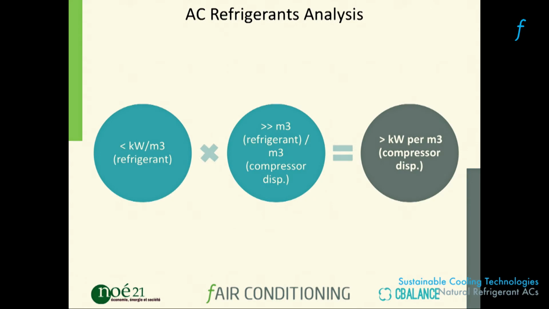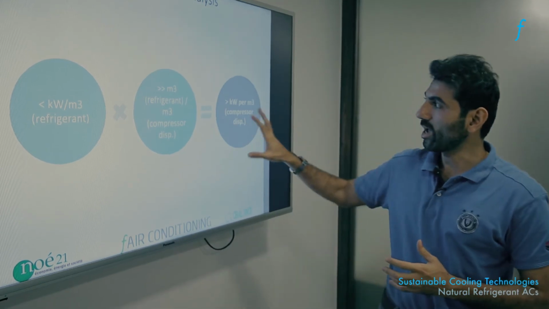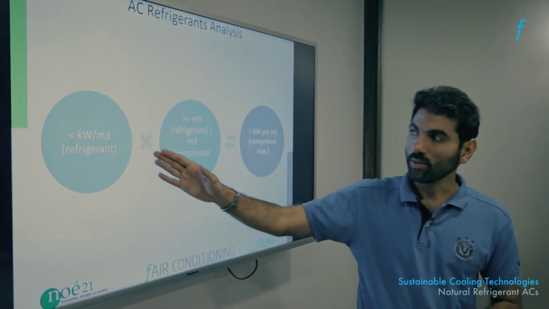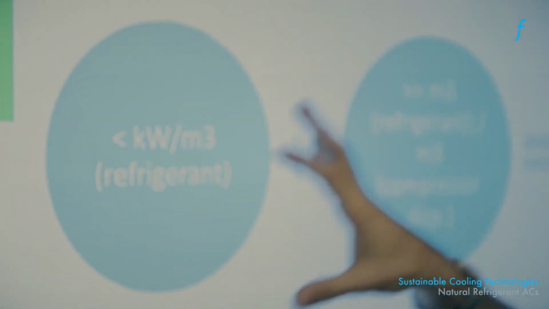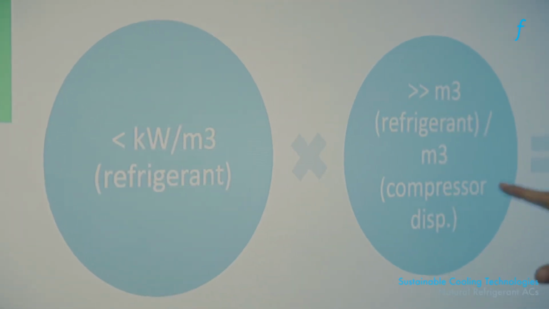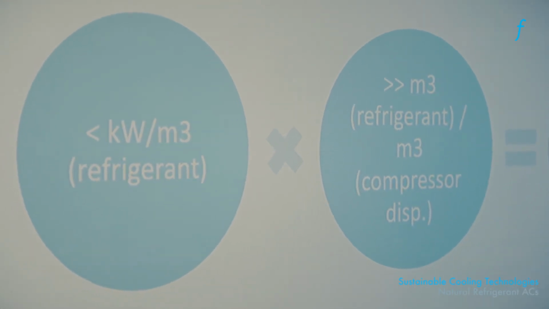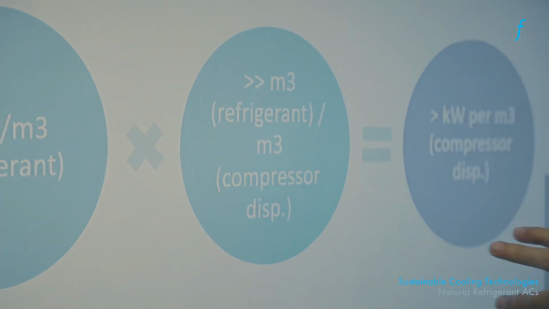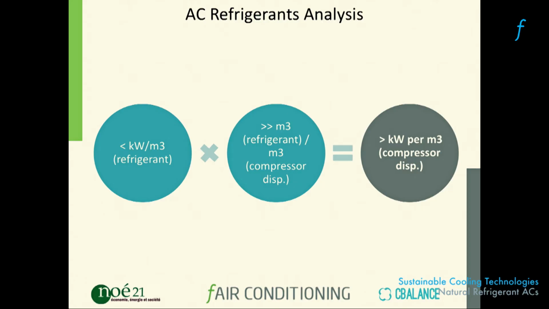So this paradox of having a relatively low kilowatt of cooling per meter cube of refrigerant, but yet having a high overall efficiency is depicted here. As you can see, R290 can have a low kilowatt per meter cube of refrigerating capacity. However, if it has a very high amount of refrigerant that I can move per compressor stroke, then what happens is that per unit of compressor stroke displacement, I can have a relatively acceptable kilowatt of cooling,